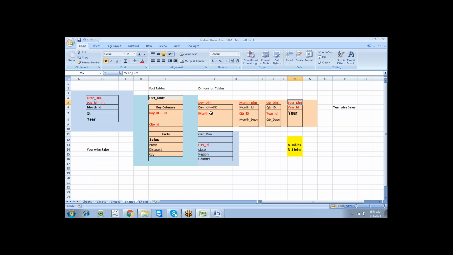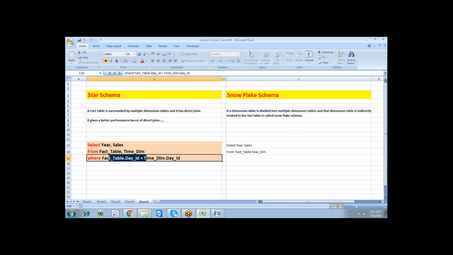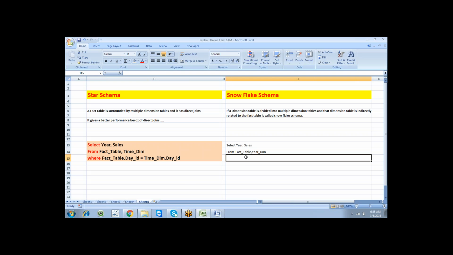So how many tables do we have? We have 1, 2, 3, 4, 5. So we have 5 tables. For 5 tables we need 4 joins. Here in this particular case we have only 2 tables, so if we have 2 tables we need 1 join. We already discussed the single join. Now we need to go for multiple joins. So select year, sales from fact table, year dimension table,